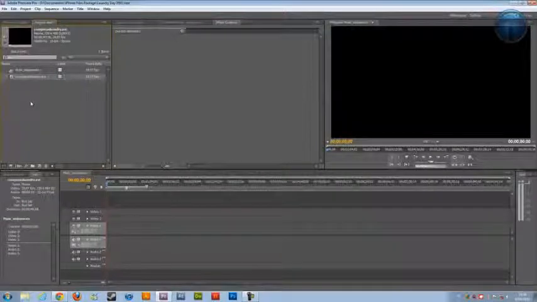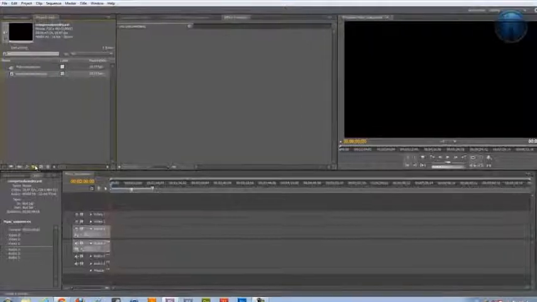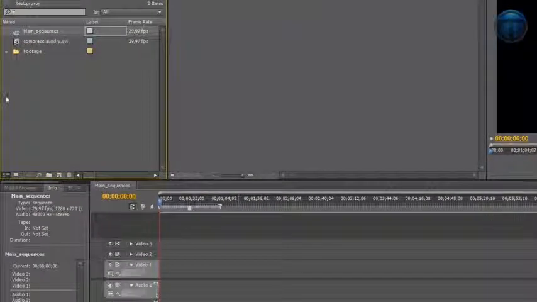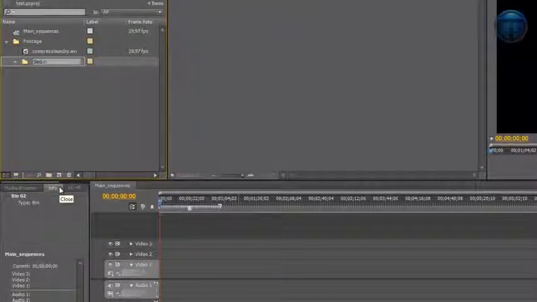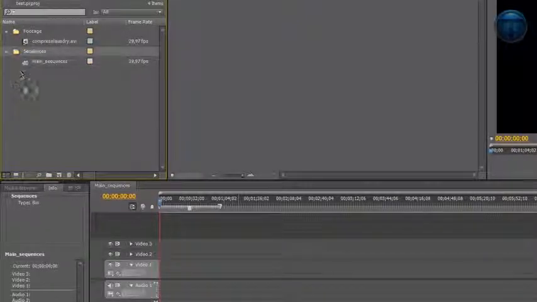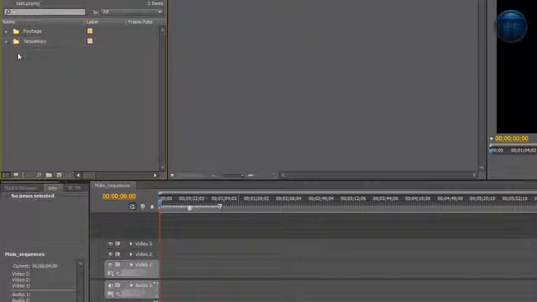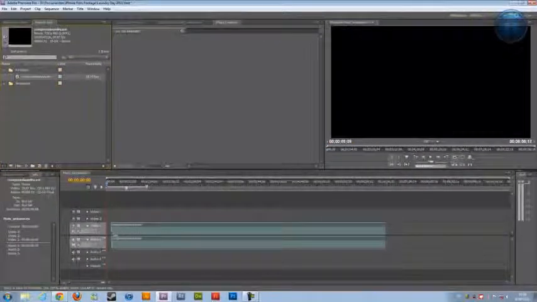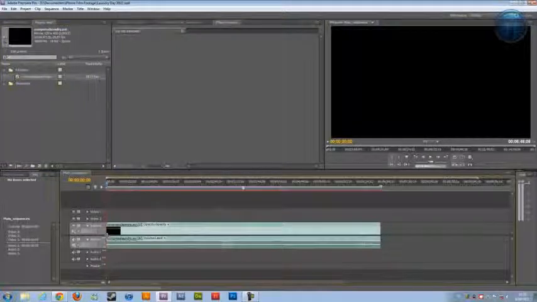If you have a lot of footage, the best thing you can do is create files for every new thing. So like calling this footage and drop every film footage right in there, and then your sequences. If you have a lot of sequences, just drop your sequences in there. I'm gonna drop this into the footage file. Of course, I don't have to do this because I only have 2 things, so it doesn't matter. I'm still gonna use it. I'm gonna take and drag it right into my timeline on video 1,